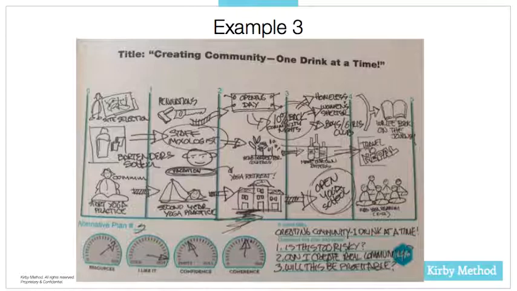And then life number 3, example number 3, creating a community one drink at a time. So this person is about opening their own bar. So going to bartending school, selecting a site for the bar, opening the bar, giving 10% back to the community. There's also a yoga theme in here for health and wellness. So starting a yoga practice on their own, deepening that practice over their second year, going to a yoga retreat, opening a yoga school. And you can see that dashboard at the bottom, resources, likability, confidence, and coherence. And then those questions on the bottom right.